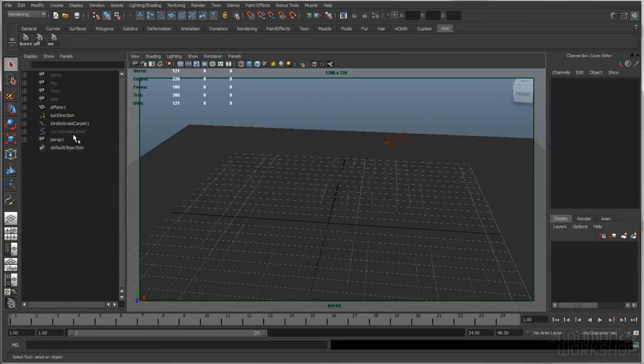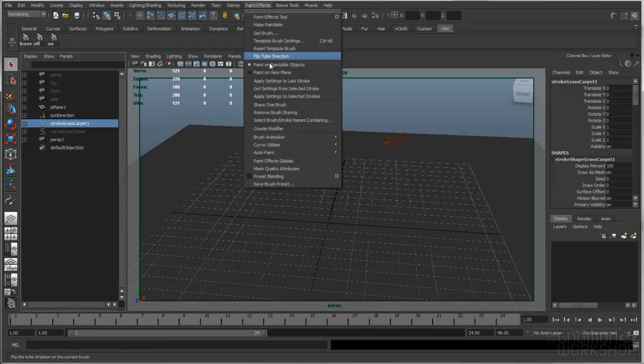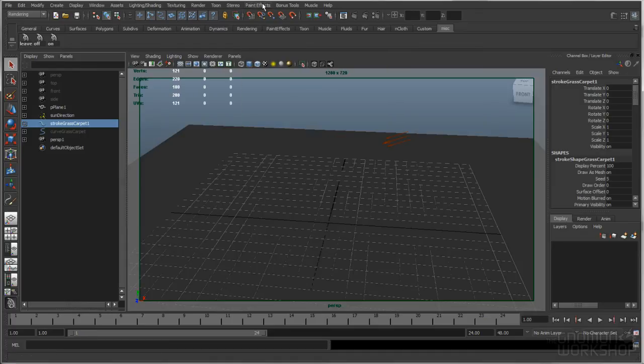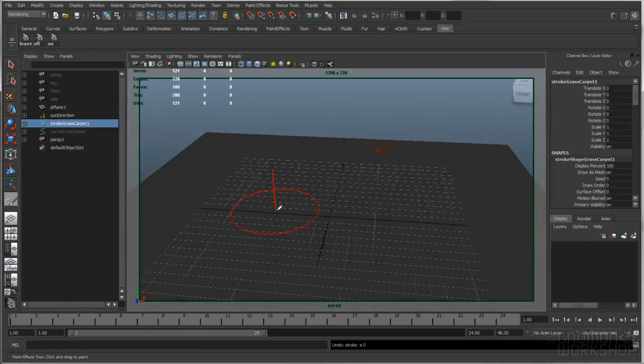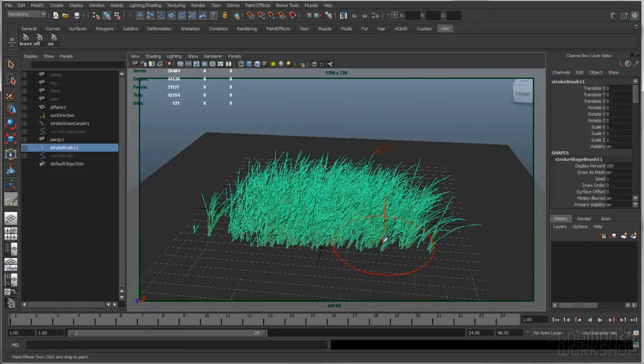But I can just go and select it, Paint Effects, get settings from selected stroke, and then go to the Paint Effects tool. And now I can go and draw some grass in here. And it's going to be exactly the same. So if we draw some,